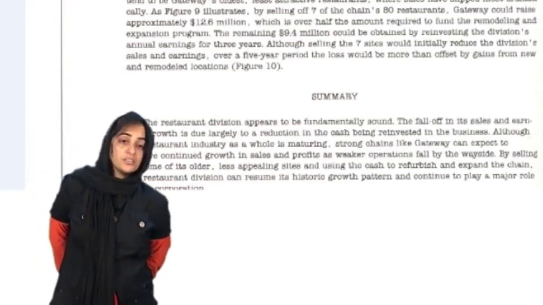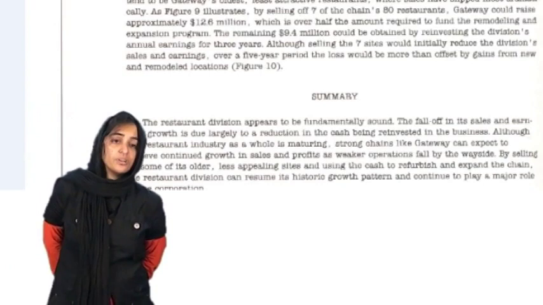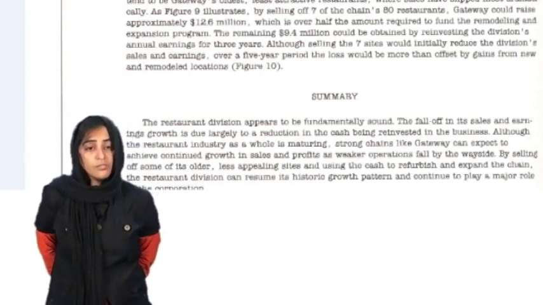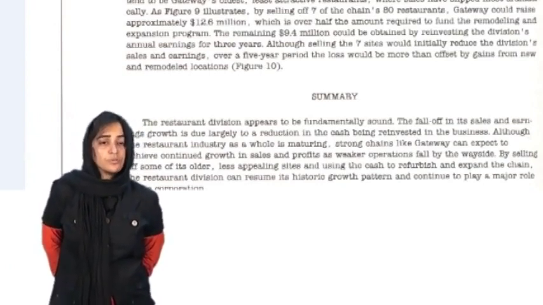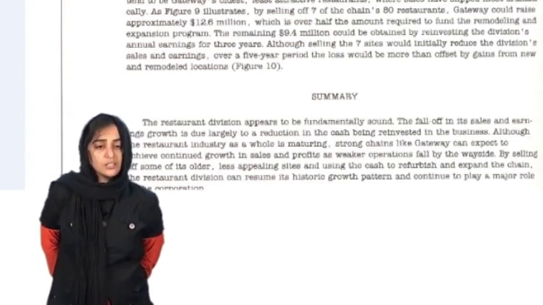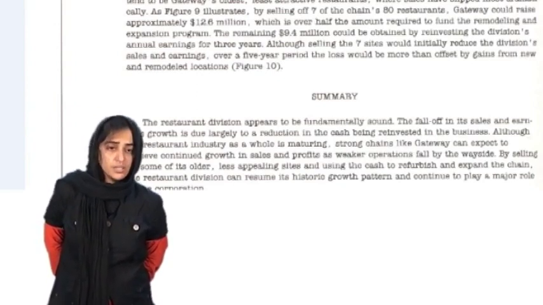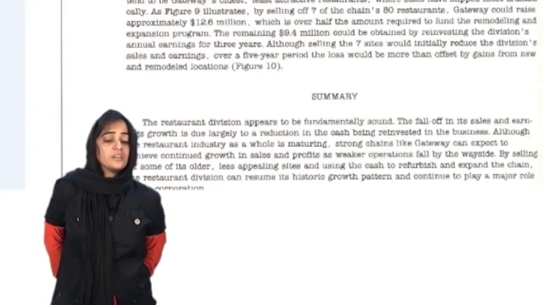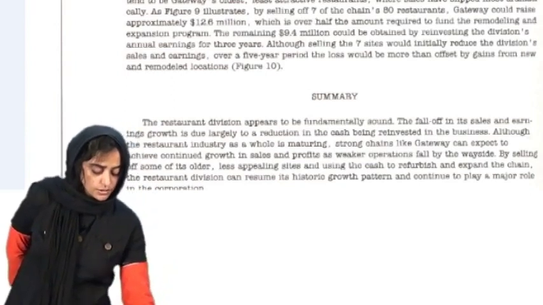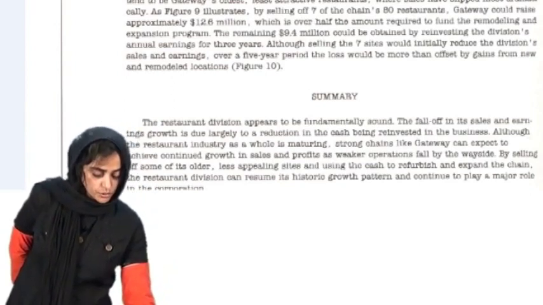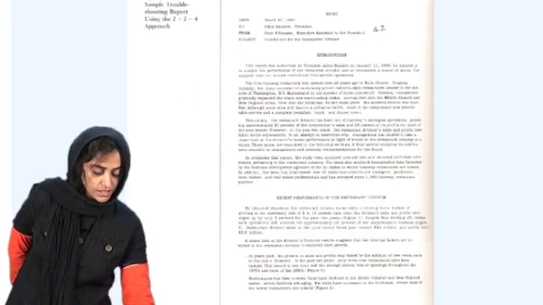Here, dear students, this is the end of an analytical report that was divided on the basis of the 2 + 2 = 4 approach. Johansson did not begin with the recommendations and the conclusions, and he started slowly and gradually by giving you the problem, the background. Let me show you again. Kindly have a look on the screen.